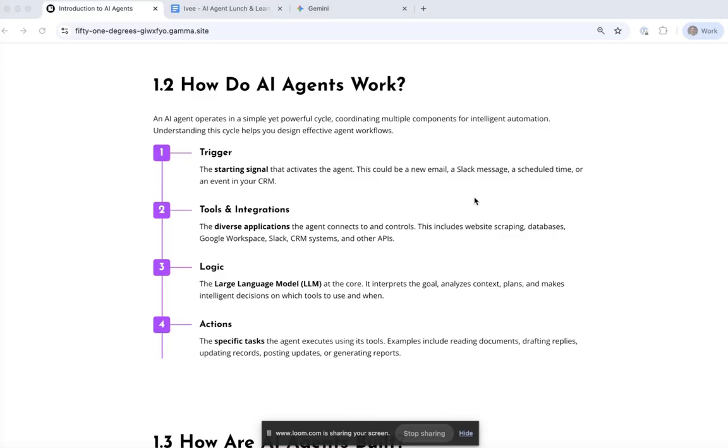The next component within the AI agents are tools or integrations. And so you can really integrate an AI agent with virtually anything. So, for example, things that we use extensively when we're building AI agents for our clients include website scraping. So that might be, I'm going to keep on using 51 Degrees, obviously, as my example. It might be that you'd say to the AI agent, go to the 51 Degrees website and scrape all of the information off that website. That means, in simple terms, it's literally copying and pasting all the words off that website, but it can also take the images. It can also take the structure of the website underneath it. It can do almost anything.